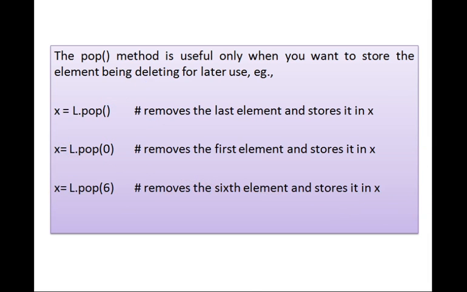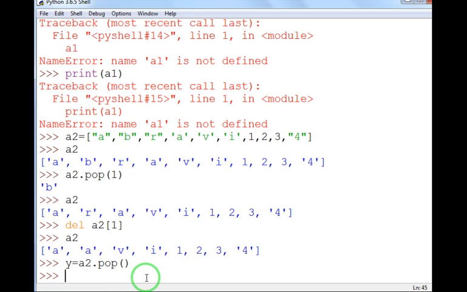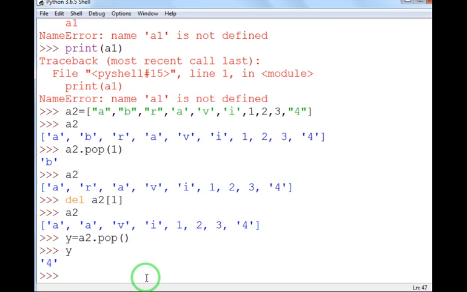So let's try this with an example. You can take any variable, y equal to a2.pop(). When I give this command, the value which is present in the last element will be removed and it will be stored in y. So when I give the command y, it is displaying 4.